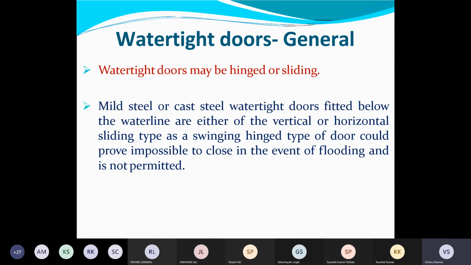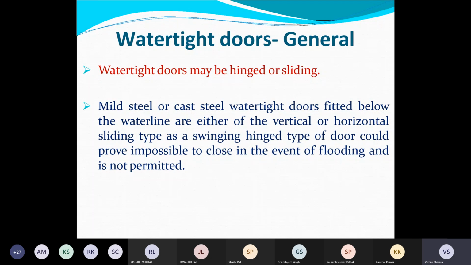Mild steel or cast steel watertight doors fitted below the water line are either of vertical or horizontal sliding type, as a swinging hinged type of door could prove impossible to close in the event of flooding and is not permitted. So that means hinge type watertight doors are not allowed to be fitted below the